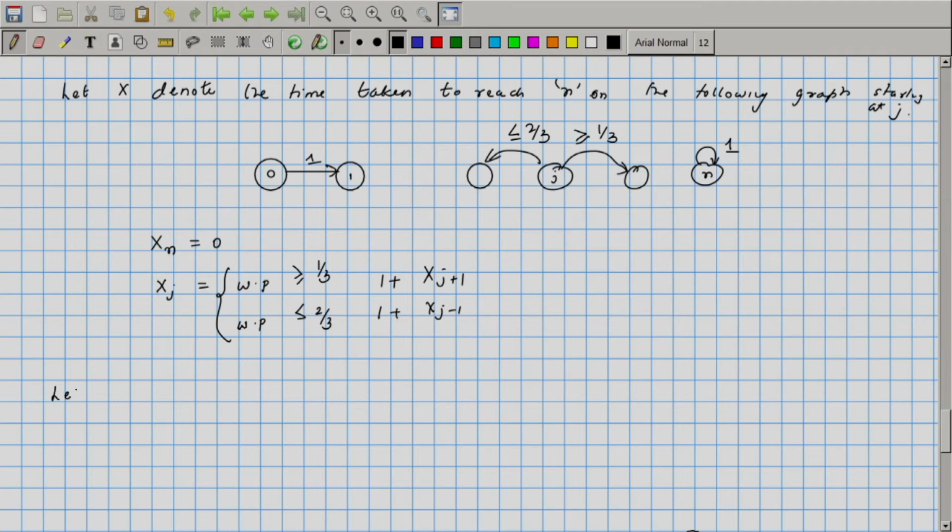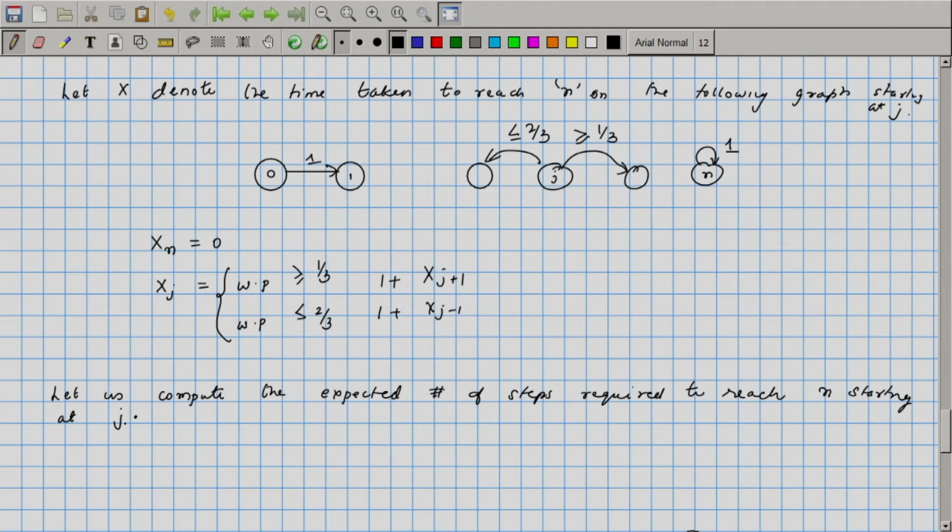So, let us compute the expectations of these xi's. The expected number of steps required to reach n starting at j. Now, when these probabilities are not known, this calculation we cannot really do, we can only bound the